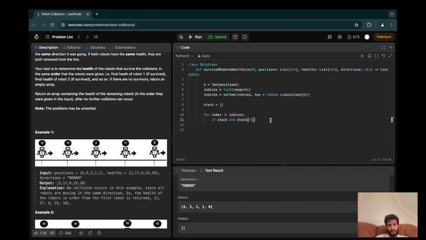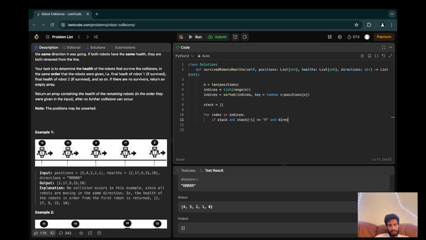Basically, if we have something on the stack, let's say R, right? It's on the top of the stack and is going right,